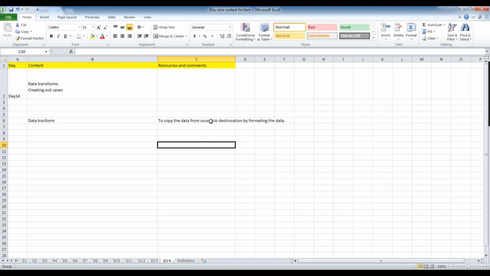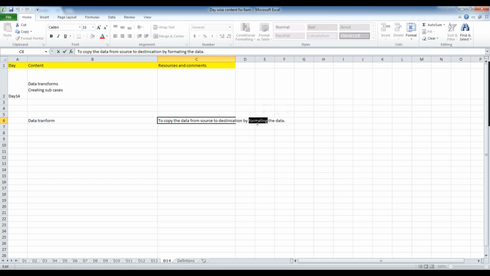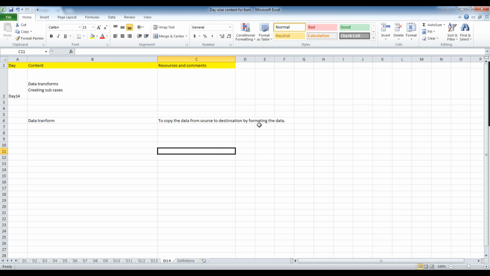When I say formatting, it's not like formatting normal words. Formatting means you can apply business logic on the source side. Let's say I want to calculate the full name. The full name property is my destination. What is the general formula? I need to append the first name and last name. That is my formula. That is called formatting.